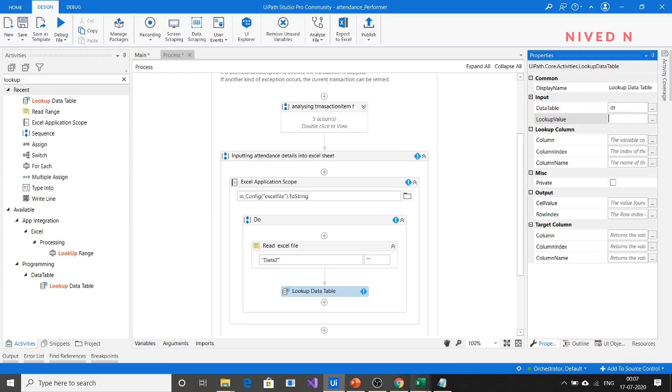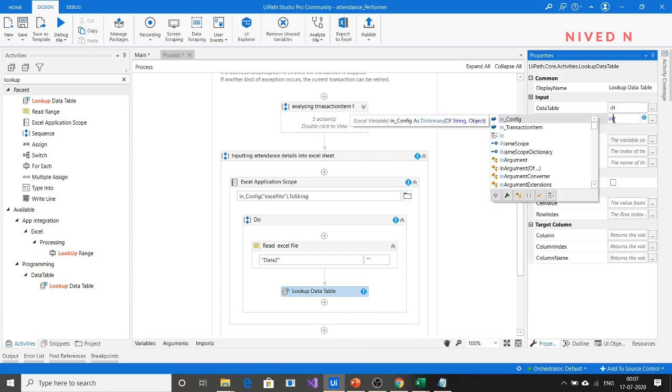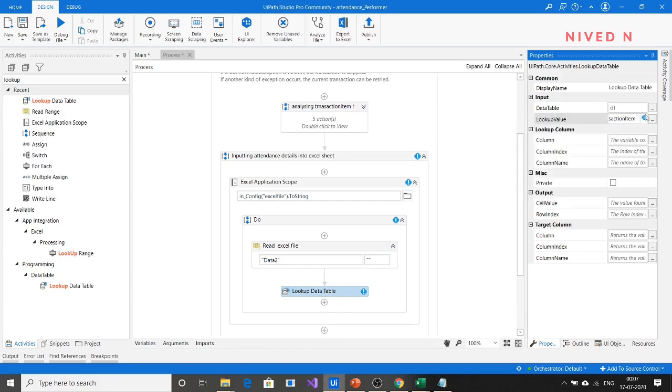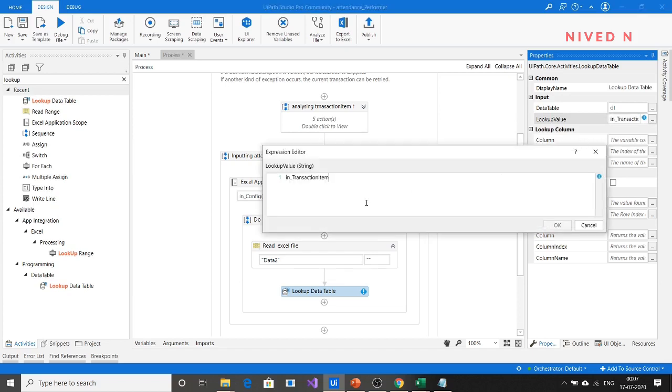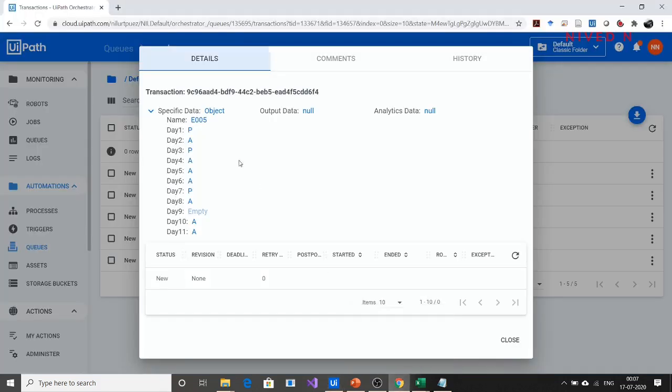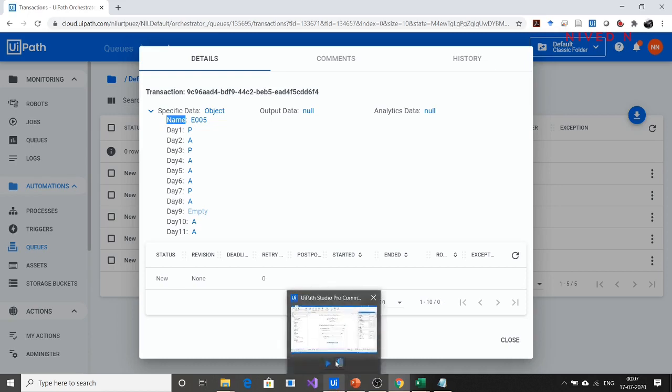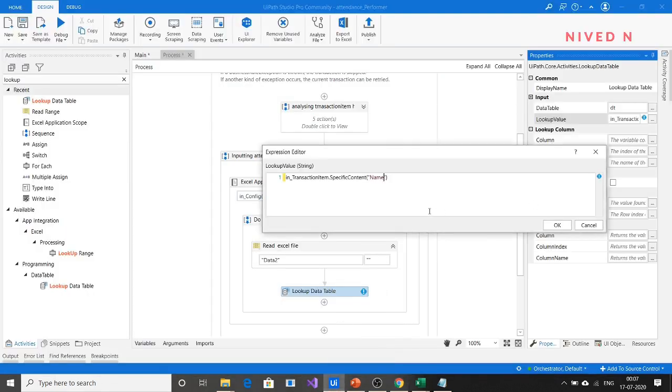The employee's name, so we have to specify the employee's name from the transaction item: transaction item dot specific content. What is the collection name specified here? The collection name is name. Since the output of this dictionary is an object, you have to convert it to string, dot to string.